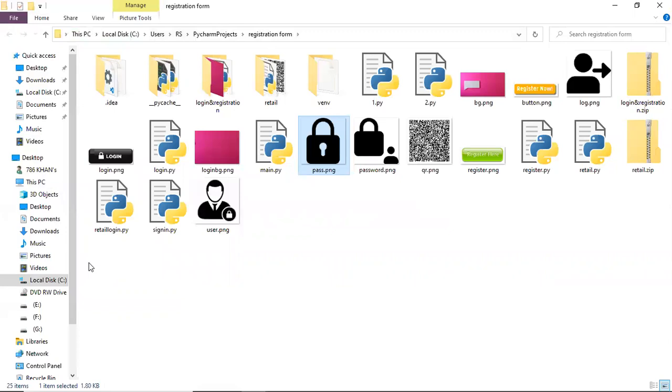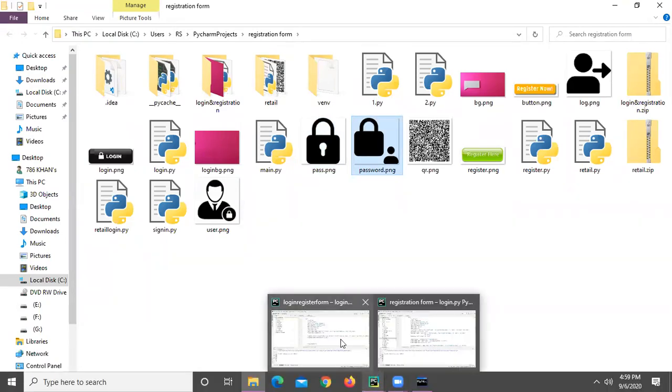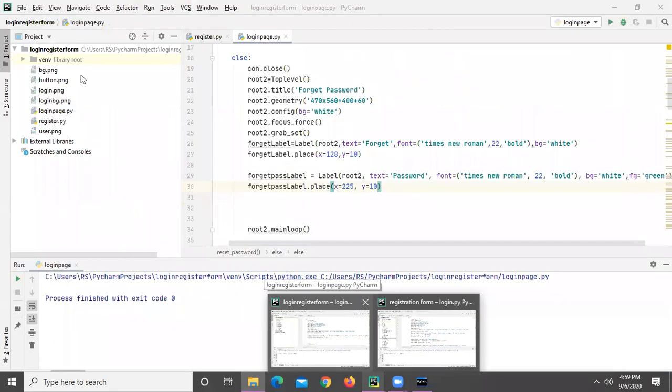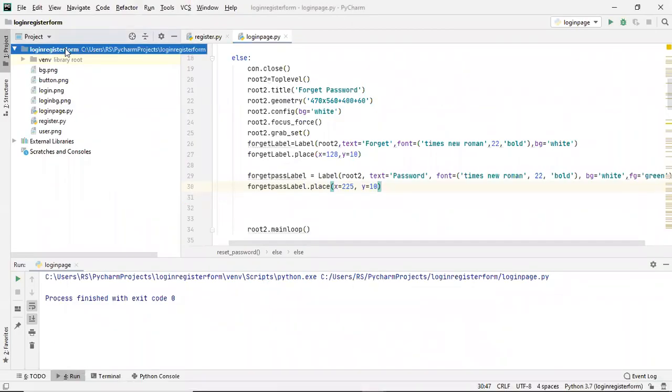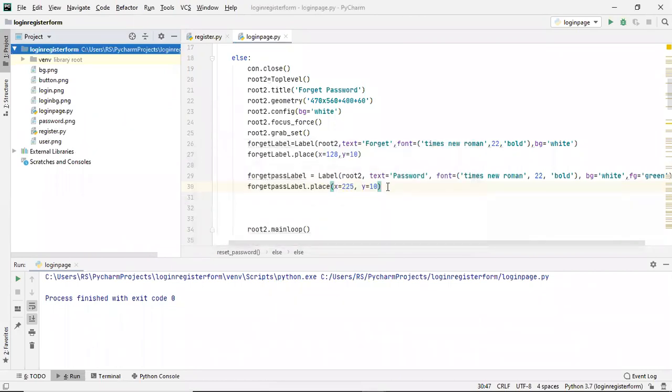Then I'll simply copy that image. So I think this one, yeah. I'll copy it and paste it in my project here. Control V, and I'll paste like this. Okay, so I got this password image.